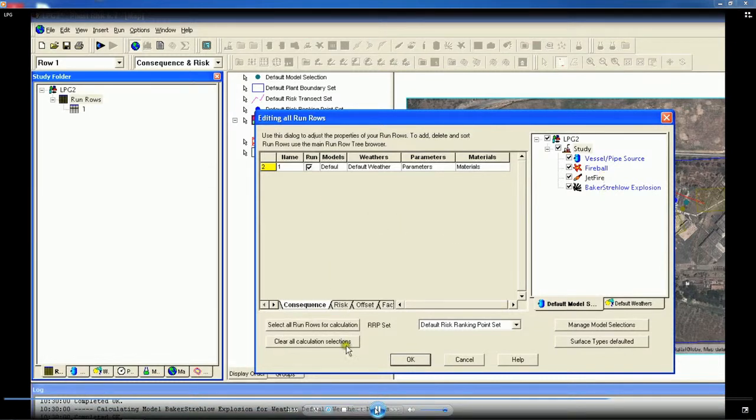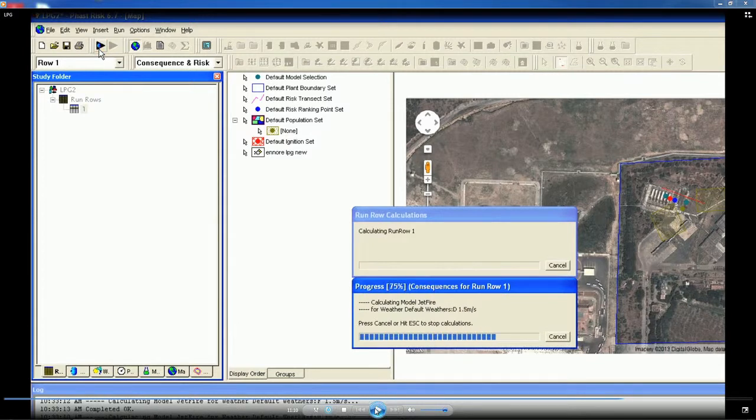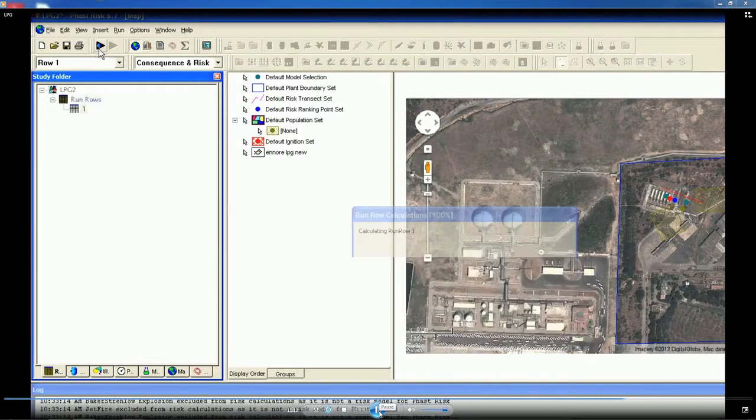Select all of them, estimate the consequence and risk as well for all of them, then also give the different factors for analysis, which is seen from the screen now. For different run rows I am giving 1, it means all of them could occur simultaneously or subsequently. Run the analysis, percentage of progress for running is shown, it is doing calculation for every weather window and every Pasquill stability class for different wind speed, for different failure analysis.